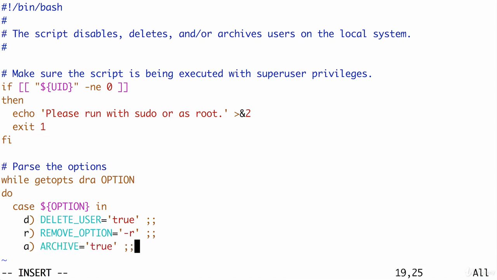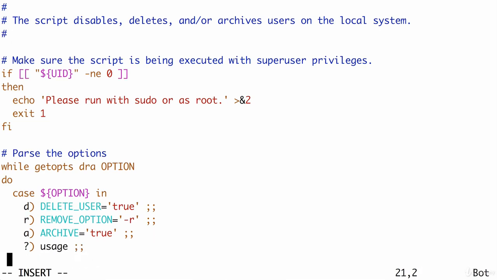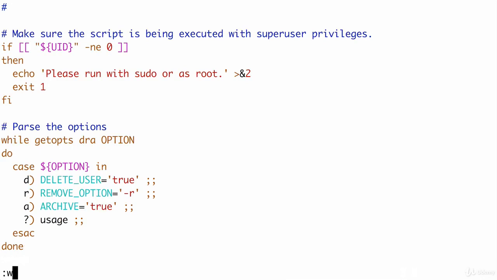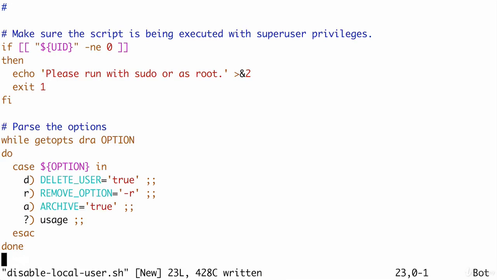We'll do something similar here that we did with the delete user option, which is if someone gives us a -a, we'll just check for ARCHIVE being true later in the script. And if they give us any other option, then we're going to tell them how to use our script and exit. Now, my case statement here is looking pretty nice and compact, and I think I'm going to use a